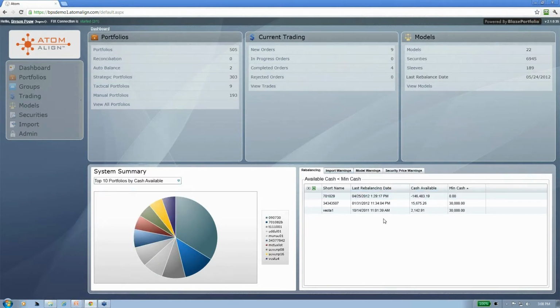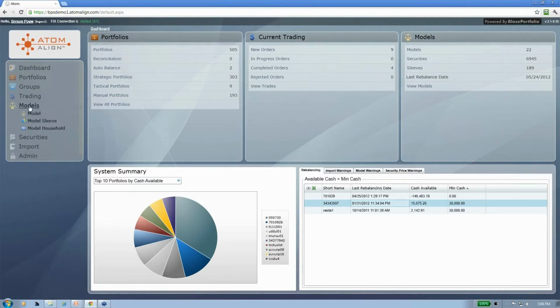This first one shows you the accounts that have fallen below their minimum cash. So you can assign a minimum cash dollar amount or percentage amount if your clients need to hold some money aside, and then the system will take that into account when it does the rebalancing calculations. But if there was a case where the account fell below that minimum cash, then you'd see that account there. So I think we'll start off with the modeling